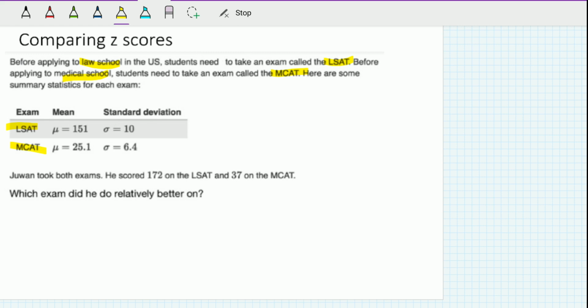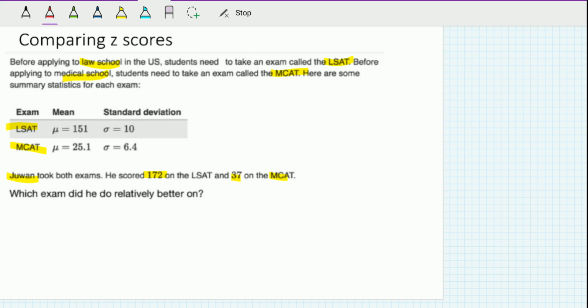So this person called Juwan, I'm going to assume that's how you say it, right? Juwan took both exams. Let's just say this person is super like, yes, I want to be a lawyer or a doctor. They did amazing in school. So they took both exams. He scored 172 on the LSAT and a 37 on the MCAT. So you basically have two different